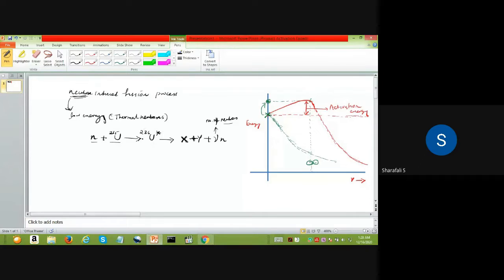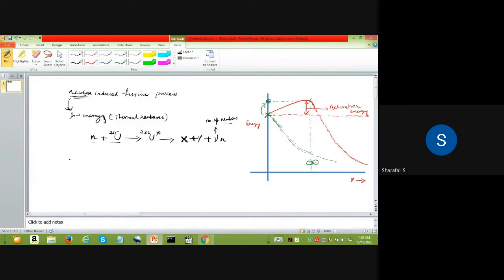So in the ground state, this uranium 236 will not decay. Okay, it will not undergo that fission reaction. But when it is in the excited state, it will go through that decay because this excited state will be more than that activation energy. So in this particular case, if you want to calculate the Q value of this reaction,